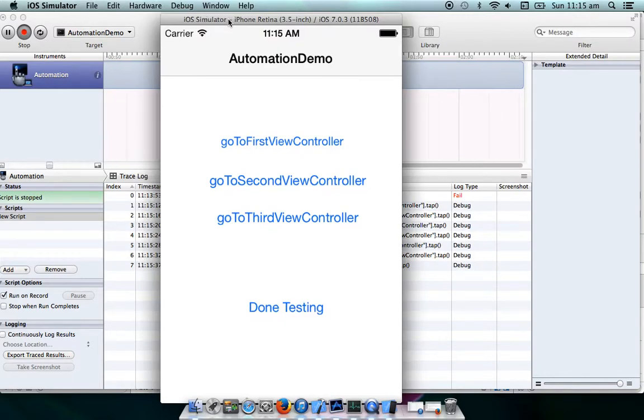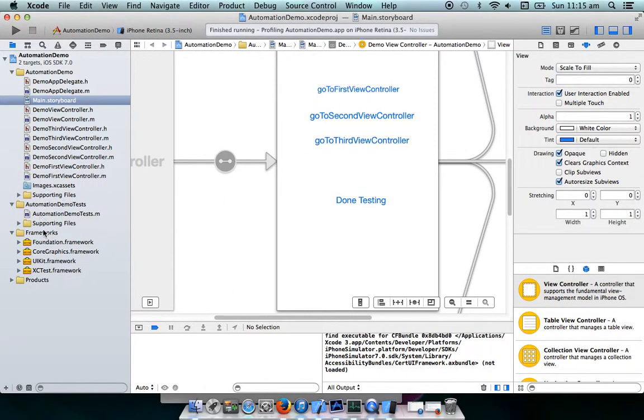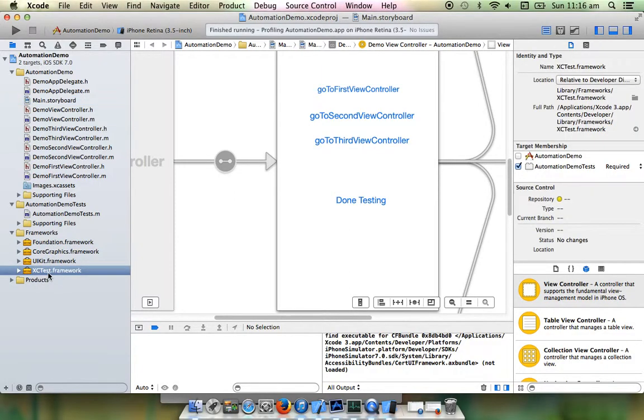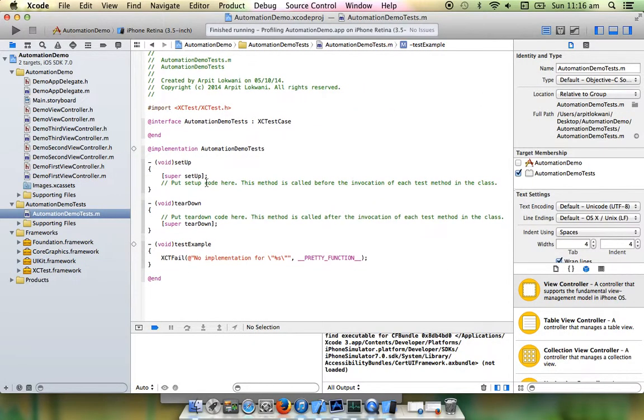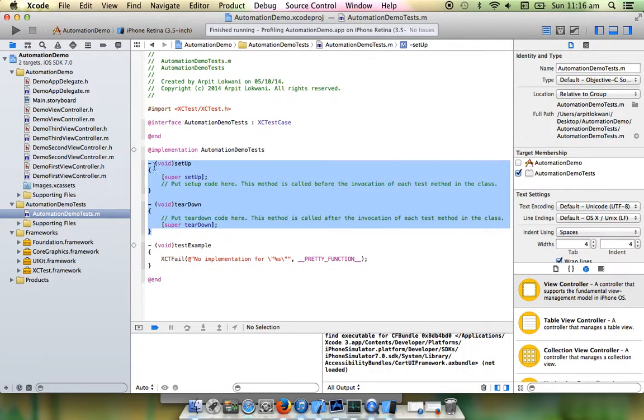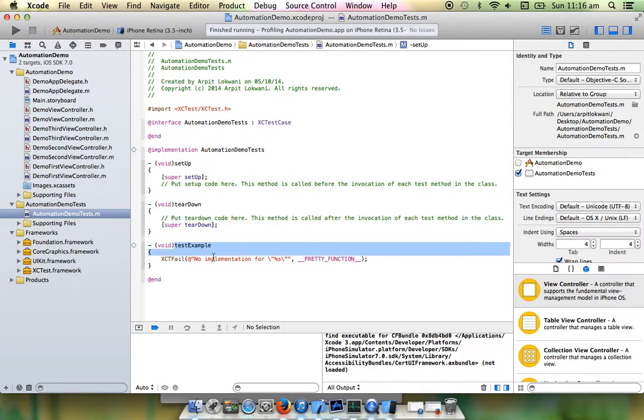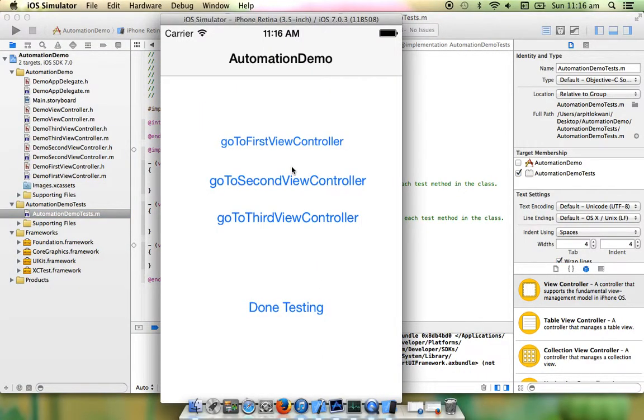The thing is, we can do manual testing also, but the basic difference is it will save our time. We can do unit testing also. Unit testing is not like this, it's a framework which is given by Apple itself, XCTest. It's for iOS 7, or you can say Xcode 5 plus. Before that, SenTest is also there. There are certain classes which we can use to create setUp and tearDown, and we can write our test cases here also. Whichever method we think will throw an exception, we can write it and then pass it out. So this is all about the testing part, both automation and unit.